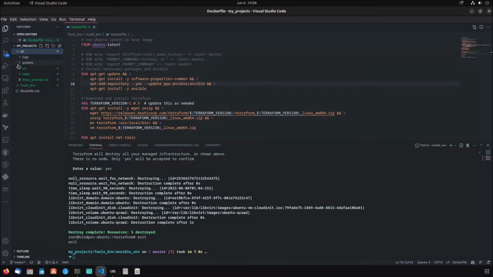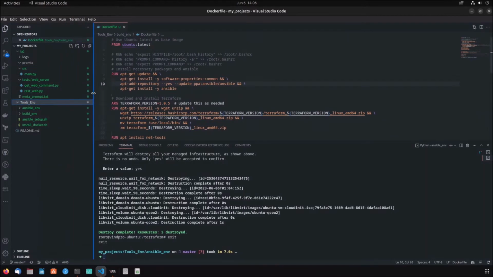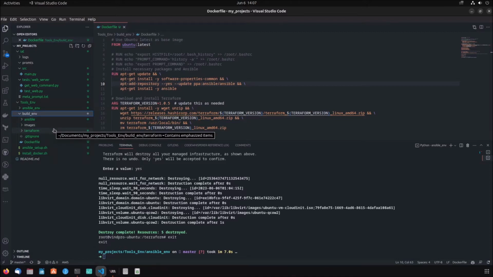has a few folders. Now the main folder which I'll focus on will be tools underscore environment. Under this I do have one folder which is build environment. What basically I'm trying to do here is that